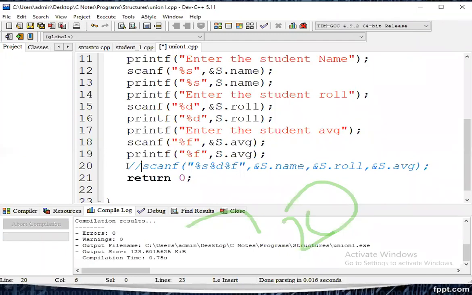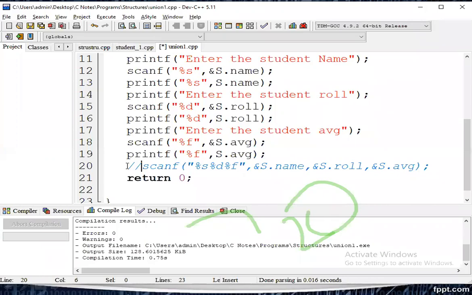So that's why you can see the buffer property. Buffer can store some information temporarily. So unions are used to manage the buffers. The structures can store the total information permanently, but special properties of unions are used to store the information in buffer type. So that is the main difference between structure and union.